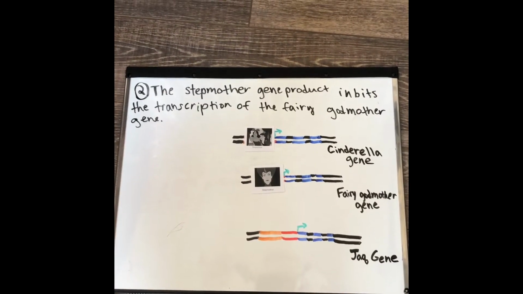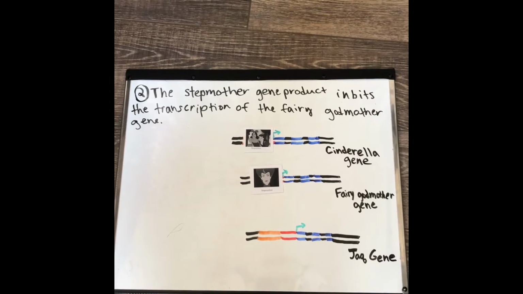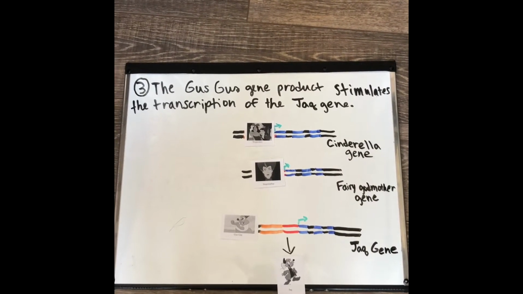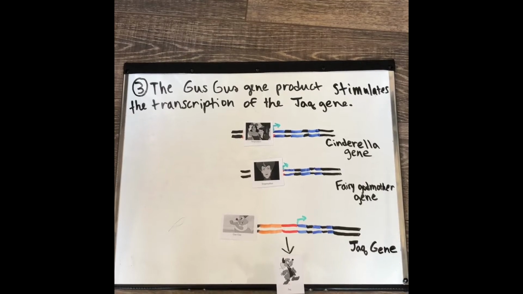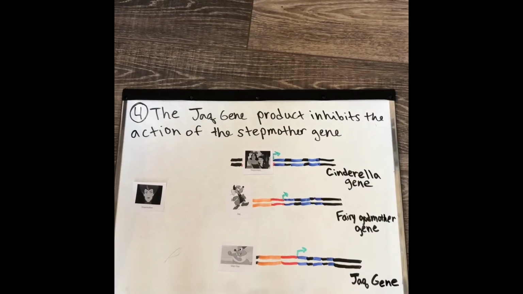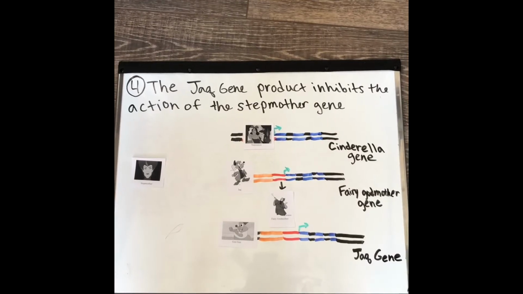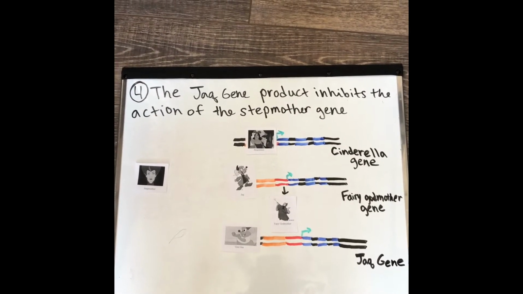The stepmother gene product inhibits the transcription of the fairy godmother gene. The Gus-Gus gene product stimulates the transcription of the Jack gene. The Jack gene can then inhibit the action of the stepmother gene, which allows the fairy godmother gene to be